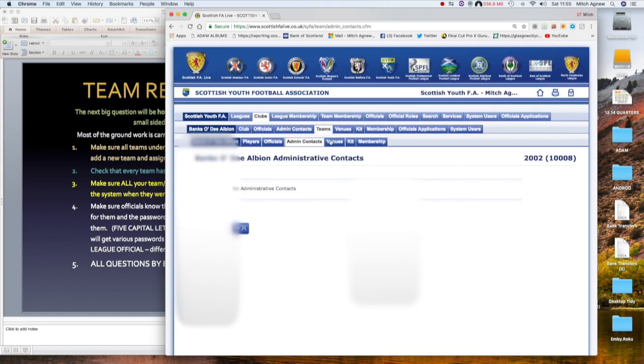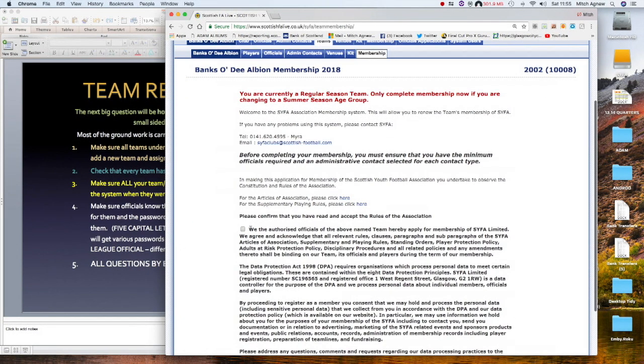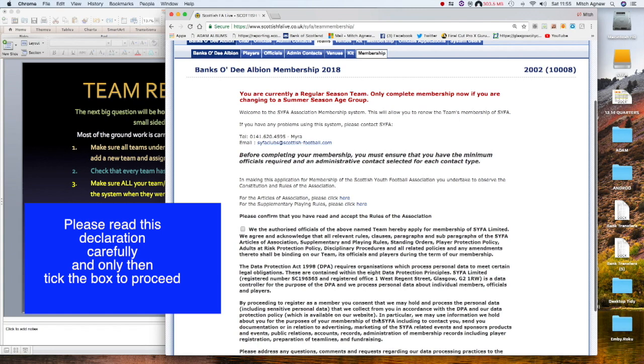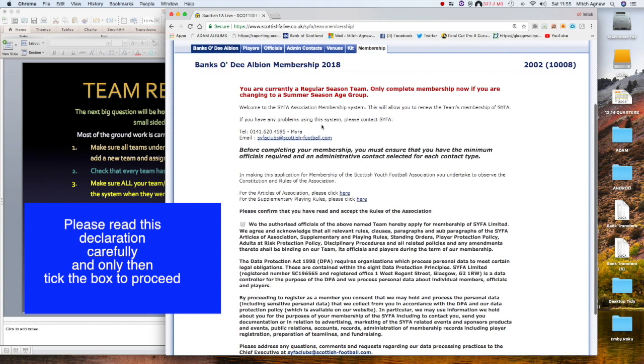So once you've done your admin contacts, you can do your venues. You can add a venue, information on where you play, information on your kit, the kit you wear, add a new kit, and then you go into membership. And in membership, you tick the box, read the information there under data protection, etc. This will then become a live box. You tick that. You then carry forward into